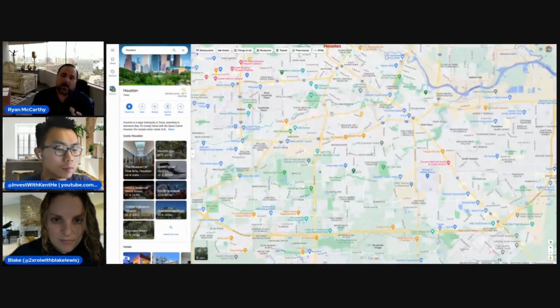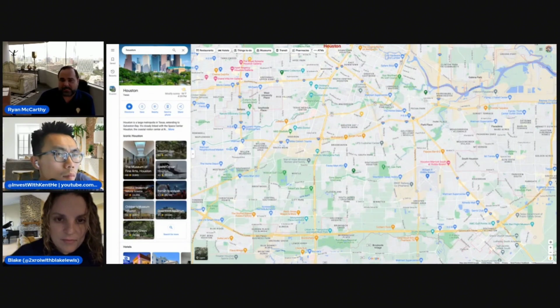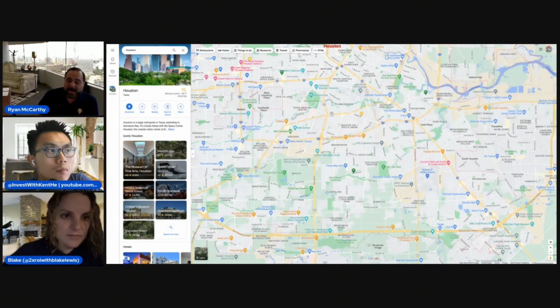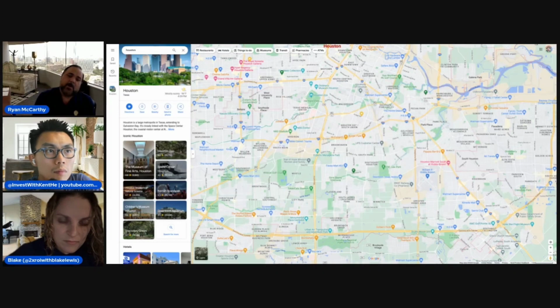One of the areas where it's had tremendous growth over the past probably 5-6 years. Well, for a lot longer than that, but in the most recent times in the neighborhoods around this is the Texas Medical Center. It's for sure one of the largest and best medical centers in the country. And for PadSplit, we have whole houses adjacent to this where it's all traveling nurses. Quite a bit, especially during the tail end of the pandemic. So that's almost directly south of Houston is the medical center, and most of those properties,